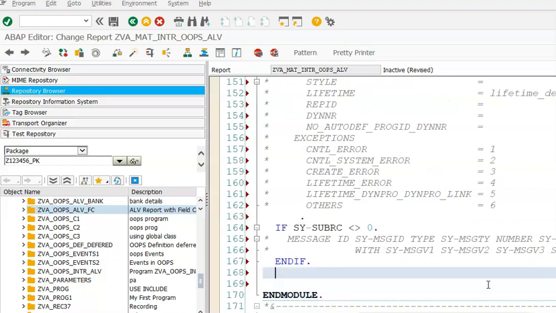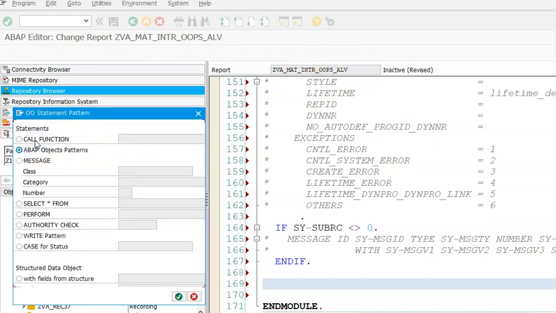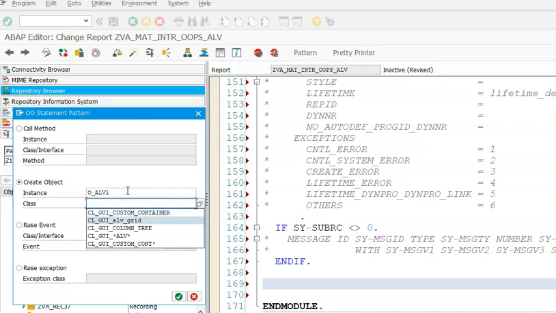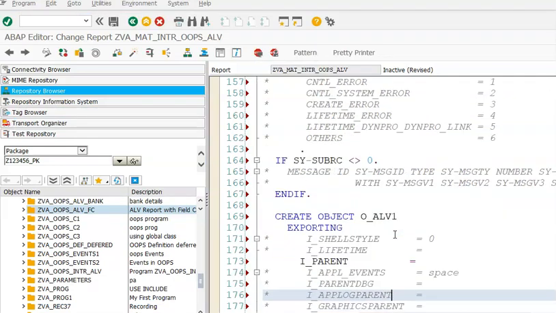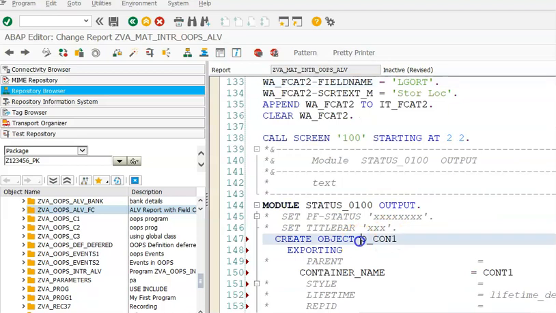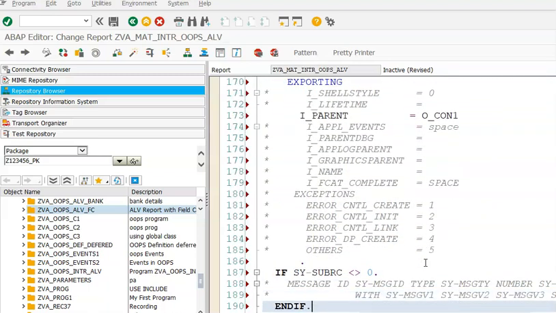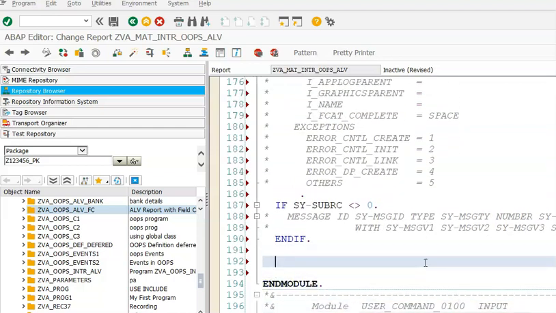After that, we'll go ahead with the next object. The next object happens to be o_alv1, and this happens to be of type cl_gui_alv_grid. Just say OK, and the parent class would be this one. I'm just copying this here, o_con1, whatever is the object name. We just have to copy that and place it here in the place of parent. This is done. I think we are good with this, and we have to call the actual method which executes